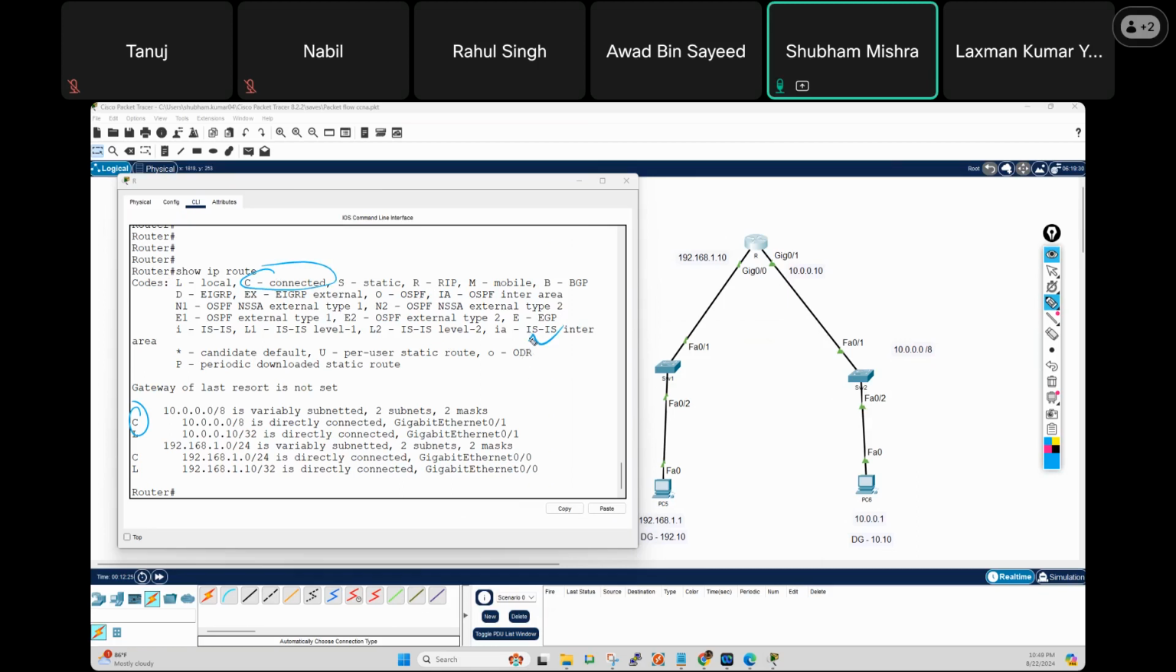It will help you to understand what is the meaning of these things. Are they clear, everyone? Yes or no? Tell me. Clear now? Okay. So in this routing table, see guys,